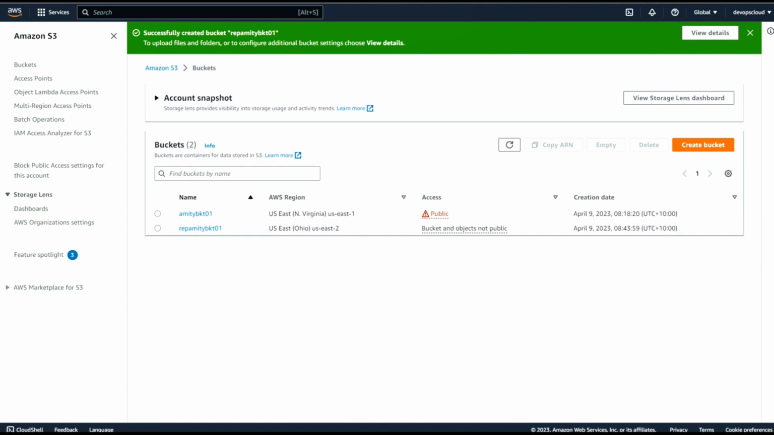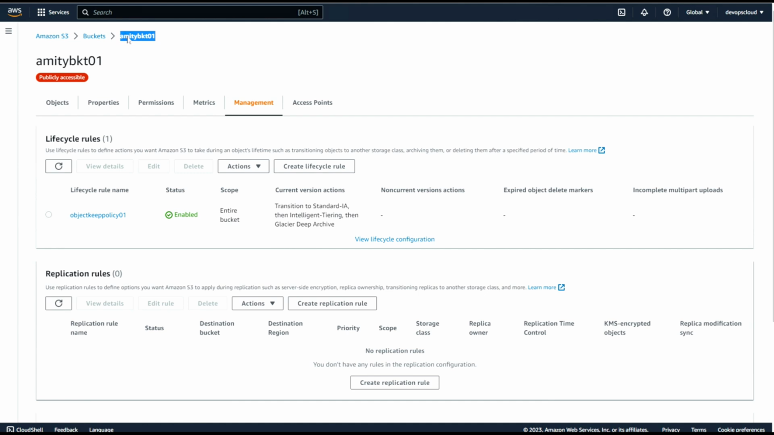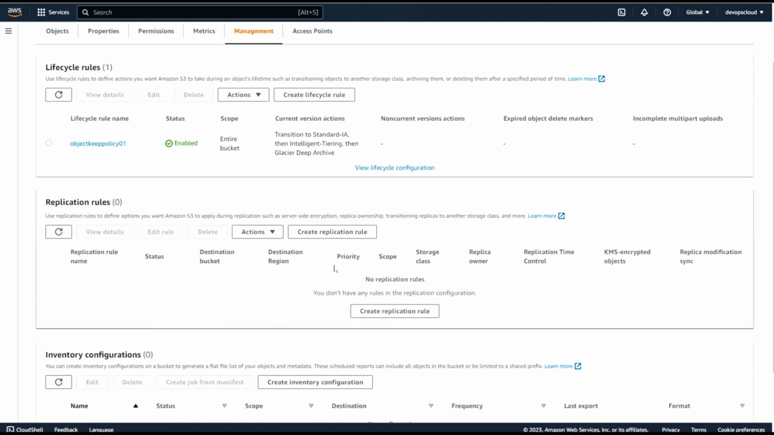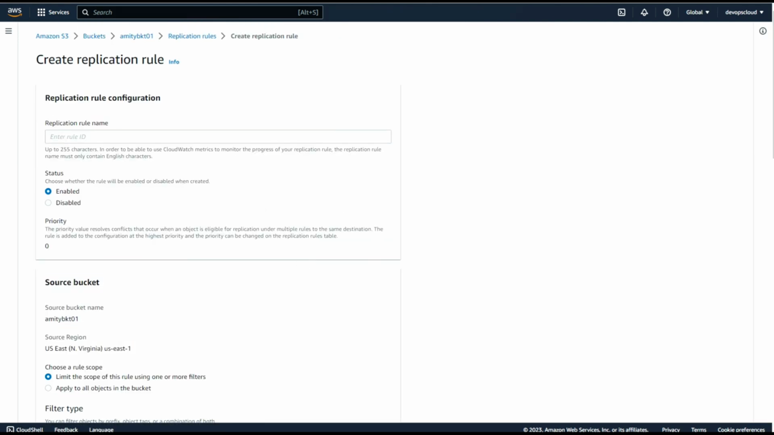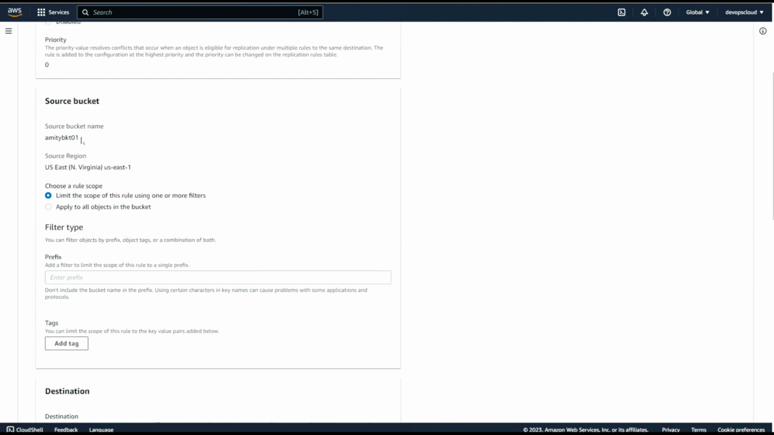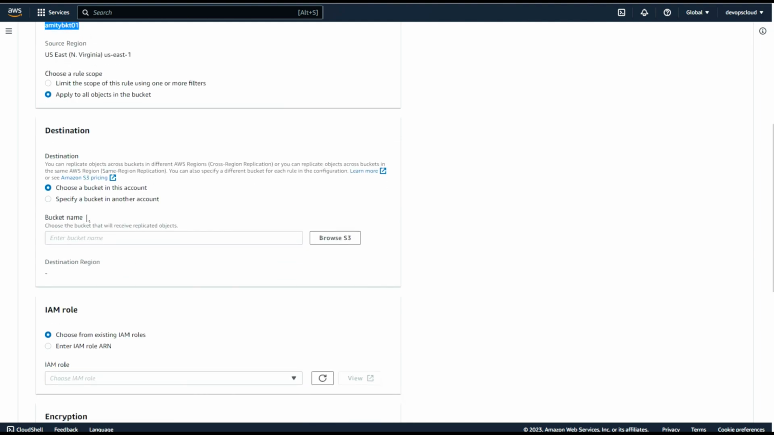So let me go back here. So I'm going to create a replication rule. Now, the replication rule name, I can give any name. Rule 01, status enabled, source bucket. We know that this is my source bucket. Now I want to apply it to all the objects. Then specify a bucket in another account. So switch the bucket, because this is my account. You can also select from another account. So I'm going to select browse